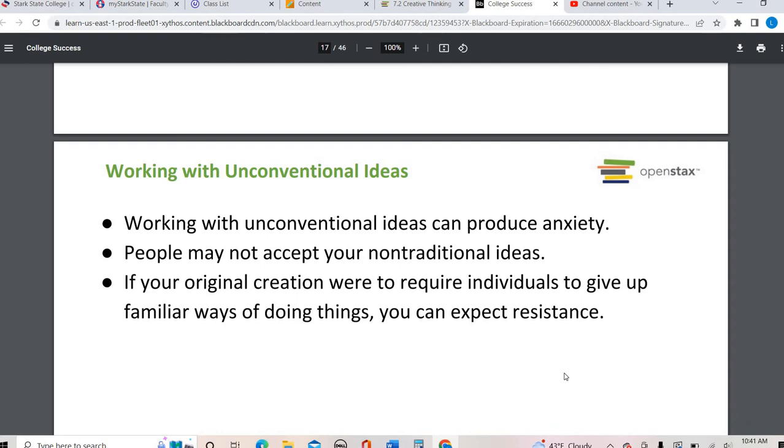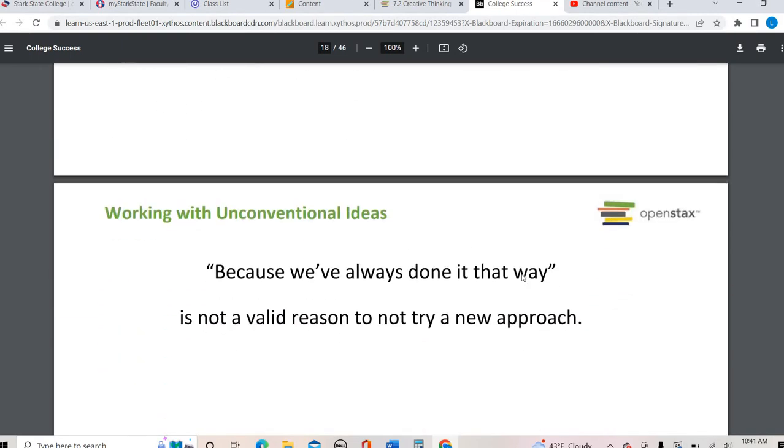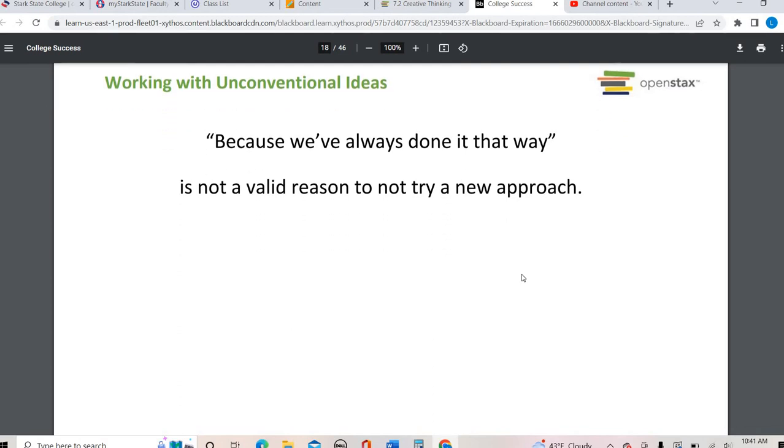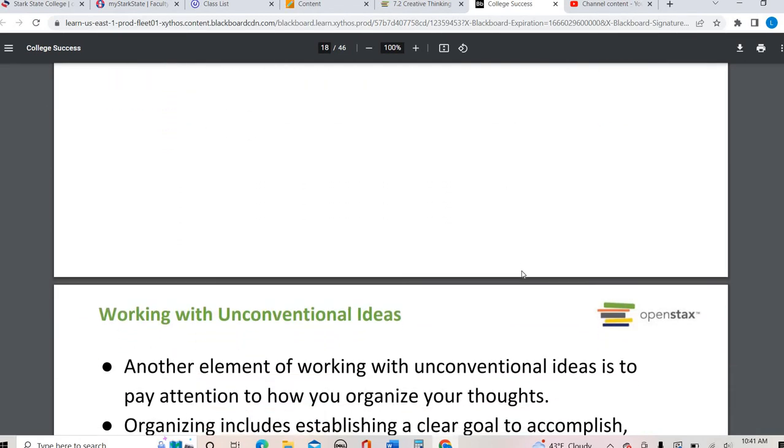They are more unconventional, because sometimes when we talk to other people, we just start getting ideas and we bounce off one another. Another thing you might hear is, "Oh, we've always done it this way." Sometimes that's an excuse to, I don't want to say be lazy, but to maybe not take risks. A lot of times big companies will say, "We've always done it this way, so we need to continue doing it this way." That's not necessarily the best way to approach creative thinking.